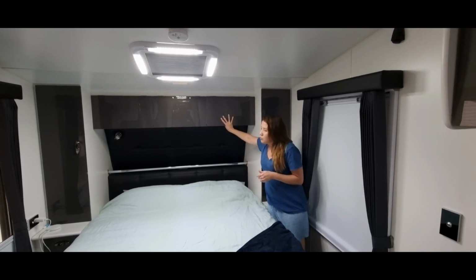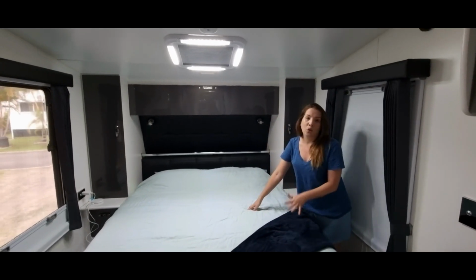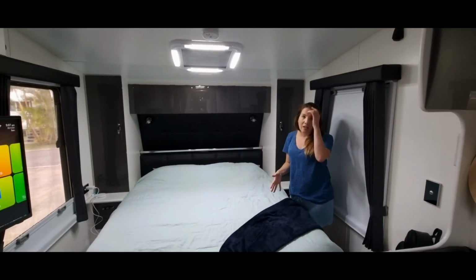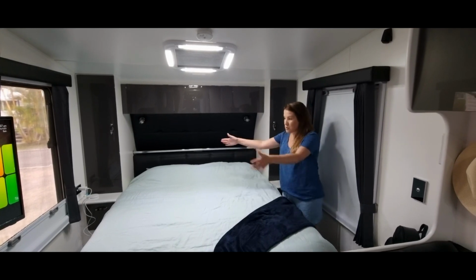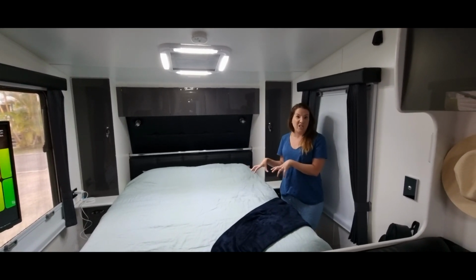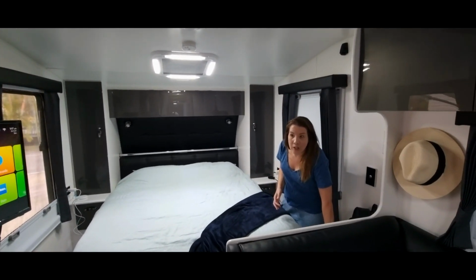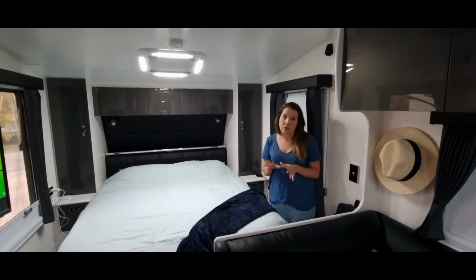And we also have under here a ridiculous amount of storage. We don't store any batteries or anything in here, so this whole space is under bed storage. So we've got a lot of stuff under there as well. That's where our winter clothes and everything go. We have some little cupboards in here as well, just the little corner ones for just the few odds and